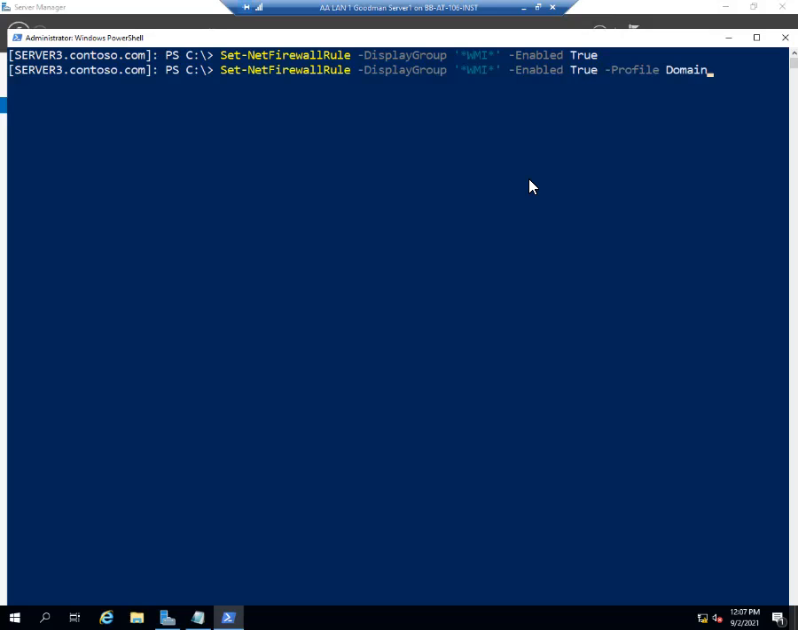only open the firewall rule for domain computers. That way it can read the subnet and auto-determine what computers are on the Contoso.com domain, allow them, but don't allow anybody else. So if somehow the internet was able to come in and try to hit that computer, it would still block it for non-domain computers. But I'm going to leave that off, and